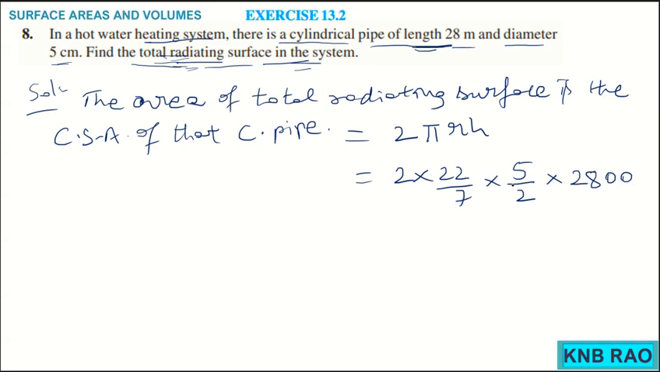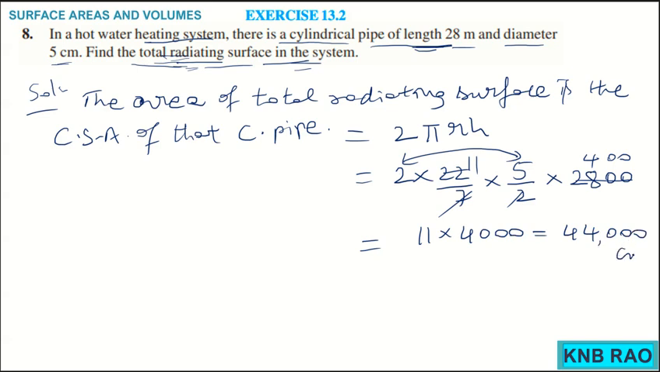Now on cancellation, here this 2 cancels with this 22 for 11 times, this 7 cancels with this 28, that is 2,800. So 400s it gives you. Now this 2 5s is 10, so it is getting one more 0. So 11 into 4,000, it is nothing but